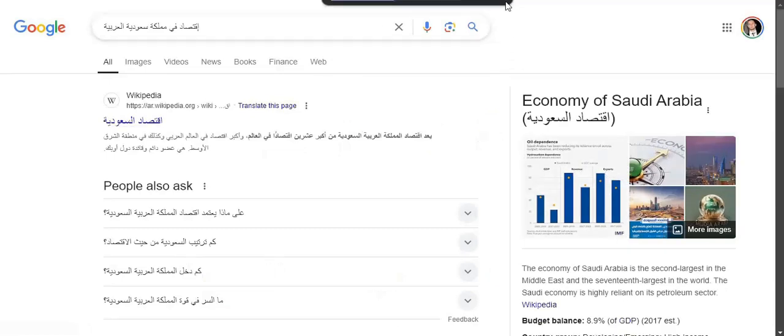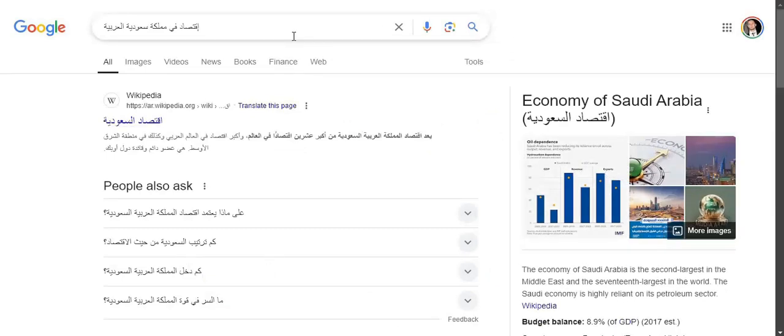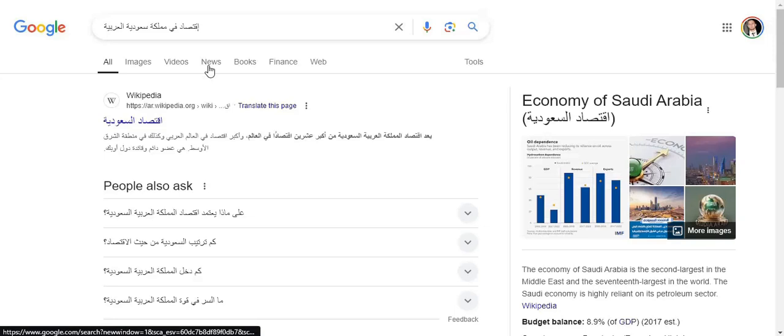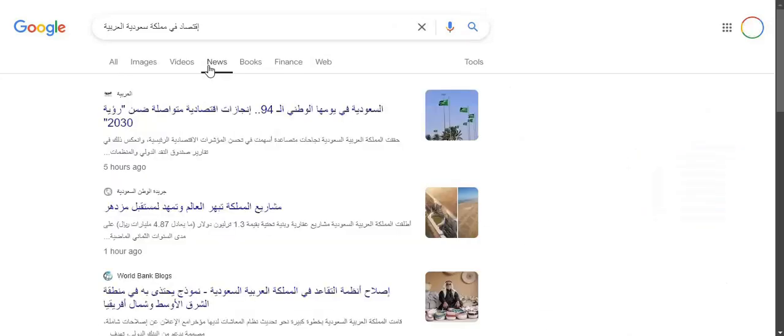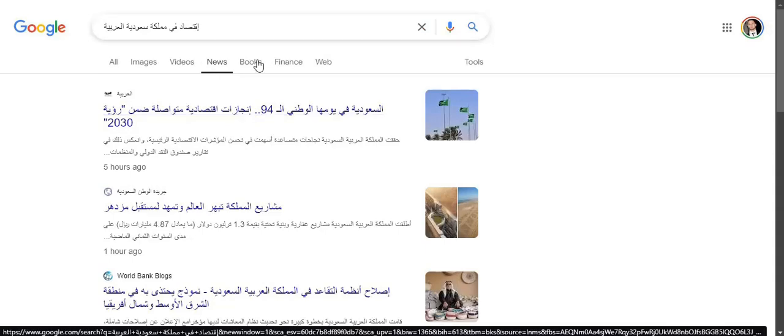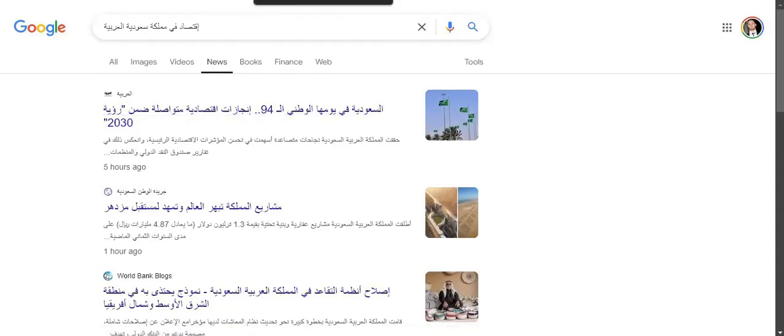So we have in this case "economy in the Kingdom of Saudi Arabia" in Arabic. So, economy of Saudi Arabia, and then we can put some news just to have information regarding the news in the last, for instance, 5 hours, what happened. In this case, we can use Yamli when we know some words and when we know how to pronounce